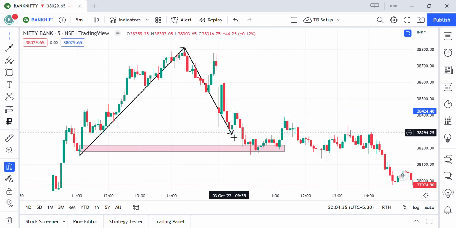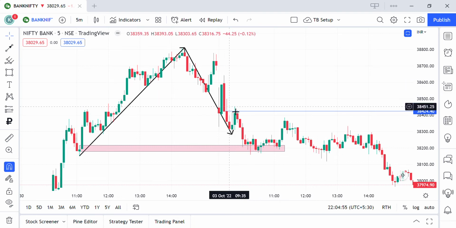As the day opened, it opened with a gap down and look at the aggression of sellers at this point. They broke this low, rendering this high as minor solid structure. And when price tested that level back again, it created another solid structure, which means sellers are very strong in